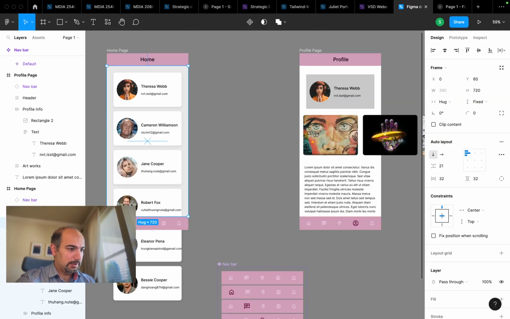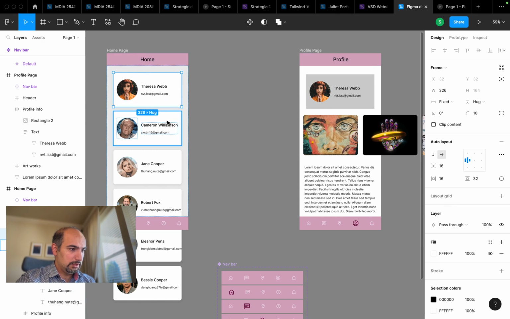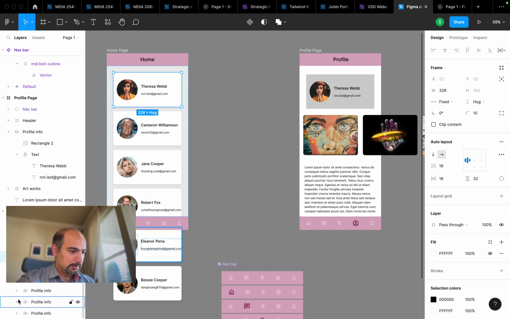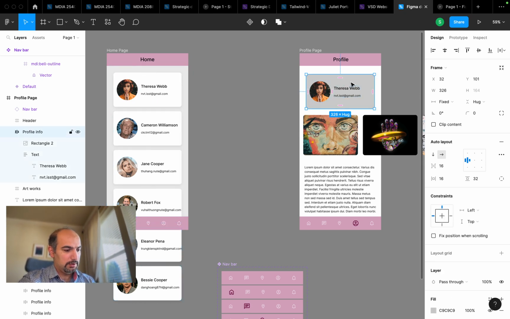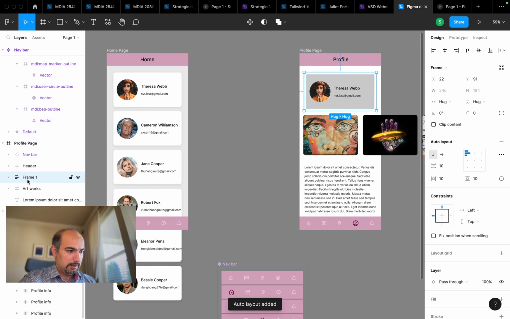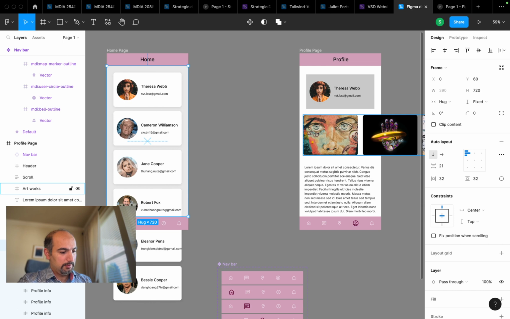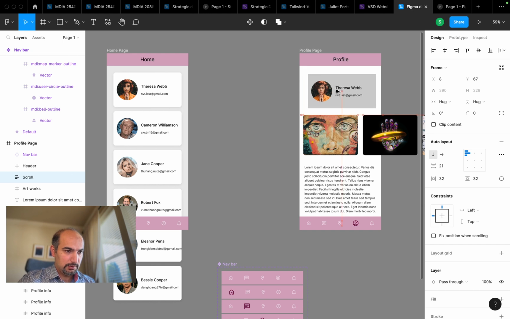Okay, to have that smart animation, what I need to do is select this one, create scroll on top. I'm going to go here, Command A, and change these to scroll, and perfect. Here I'm going to have the same properties. So Command Option C, click on that, Command Option V, and it gives me all those